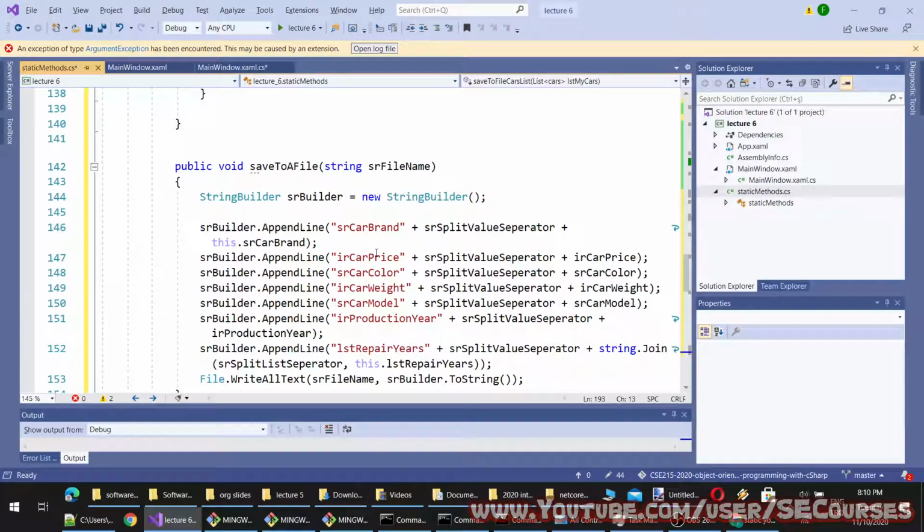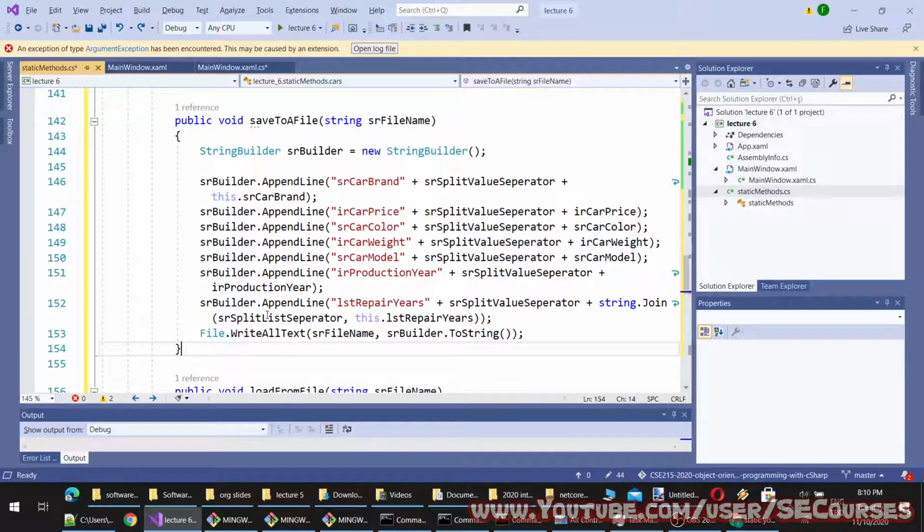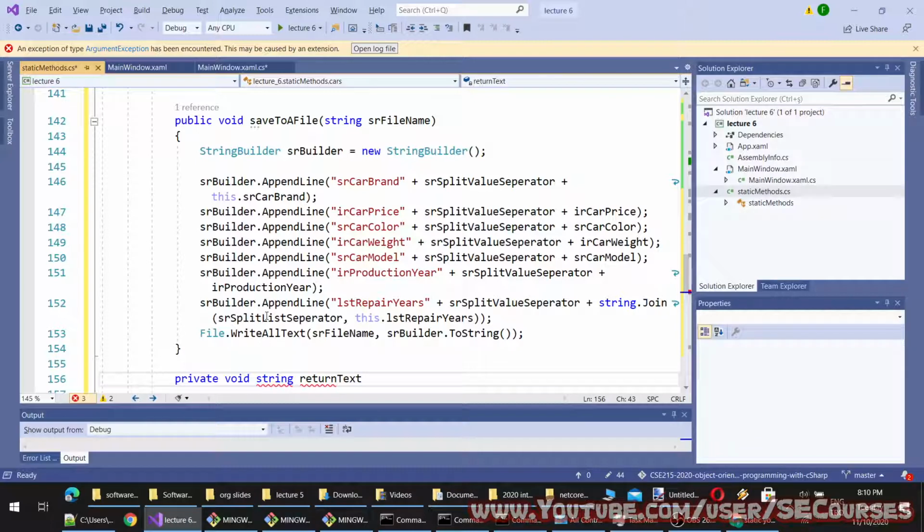Now I need to modify this method. This will return a string. Yeah, I am going to modify this a little bit. Return text format of object.